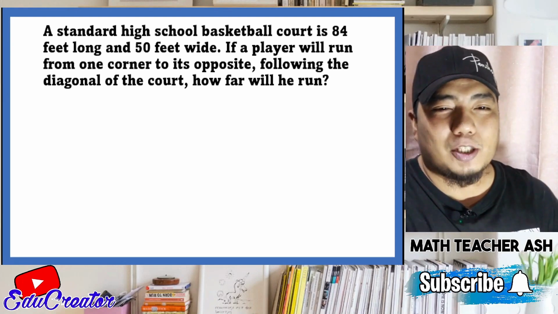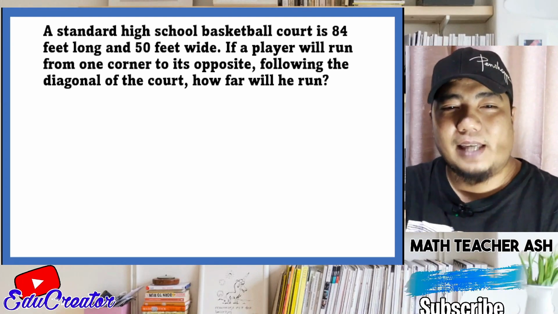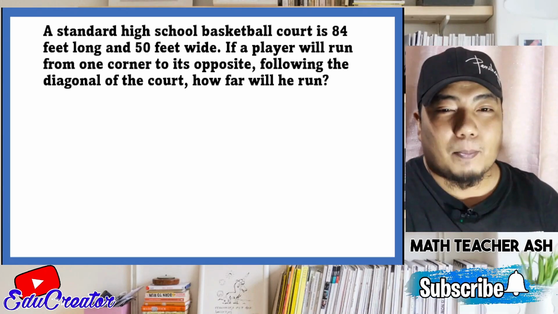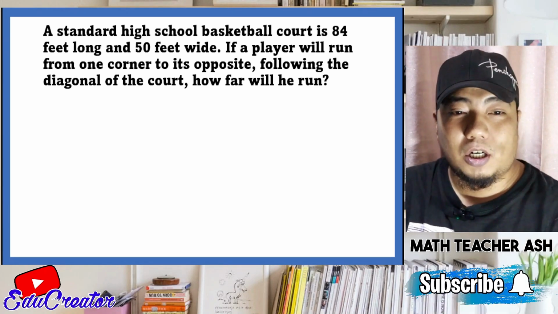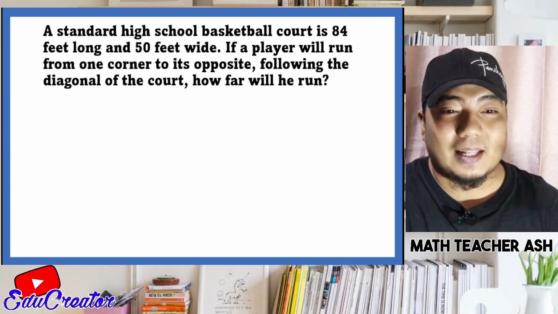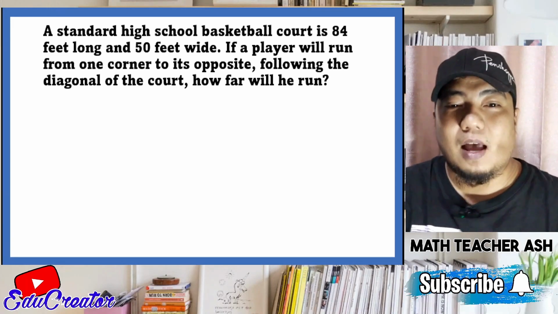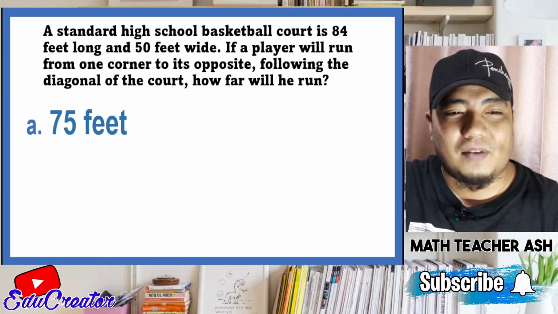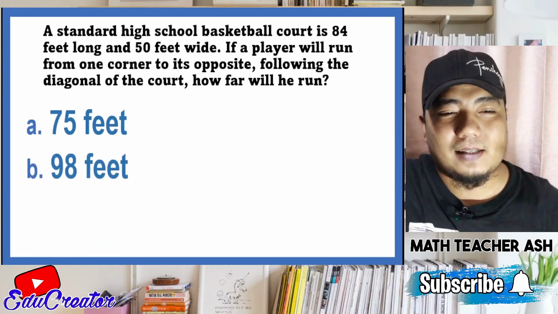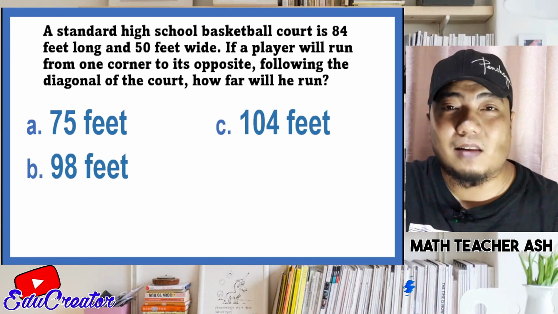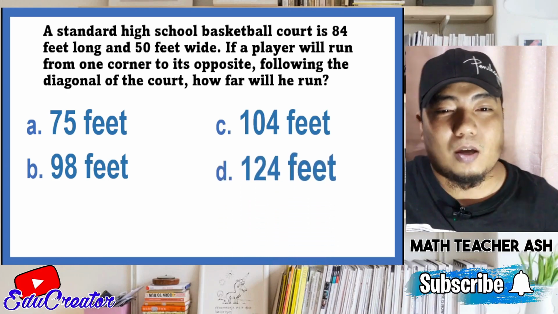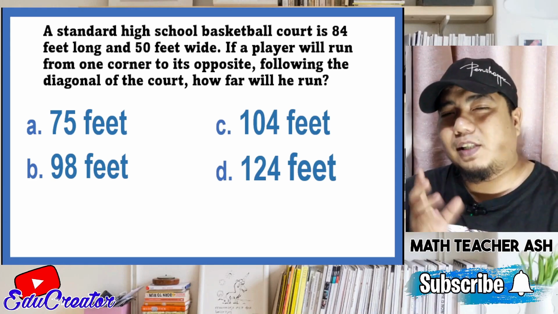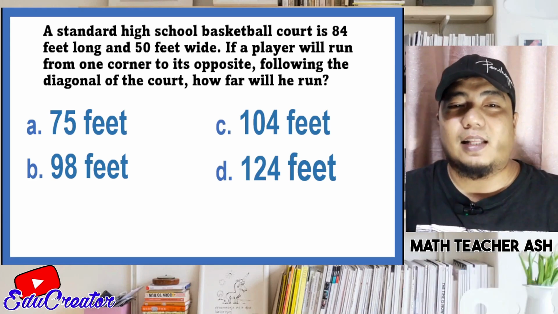A standard high school basketball court is 84 feet long and 50 feet wide. If a player will run from one corner to its opposite following the diagonal of the court, how far will he run? Is it A, 75 feet, B, 98 feet, C, 104 feet, or letter D, 124 feet? So my dear math learners, the first given here is that it says that it is a basketball